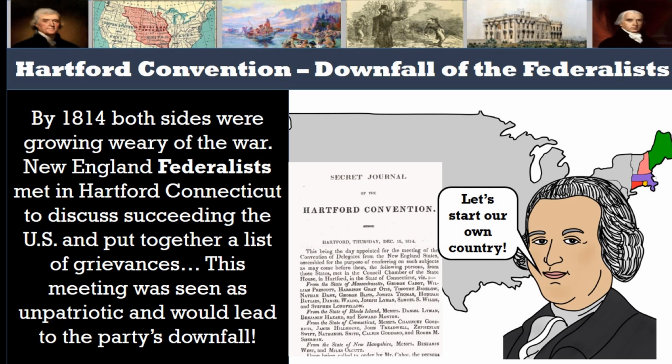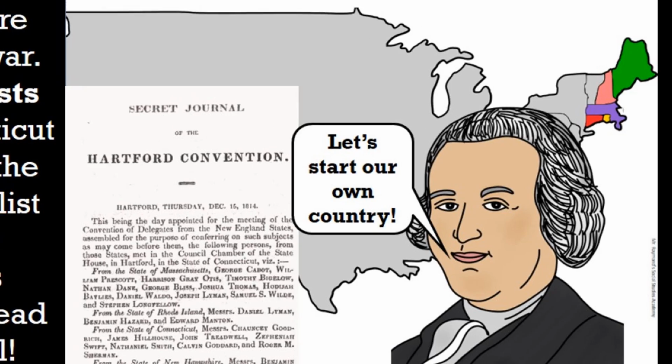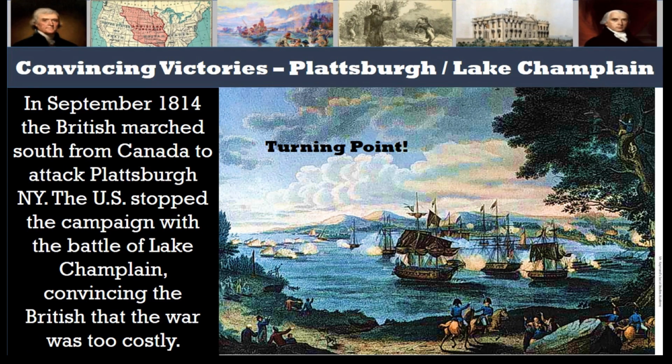By 1814, both sides were growing weary of the war, and New England Federalists met in Hartford, Connecticut, known as the Hartford Convention, to discuss seceding or pulling out of the U.S. and put together a list of grievances. This meeting was seen as unpatriotic and would lead to the party's downfall, especially when the tide of the war